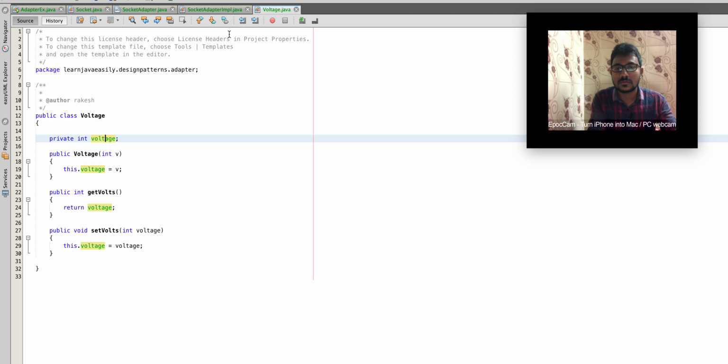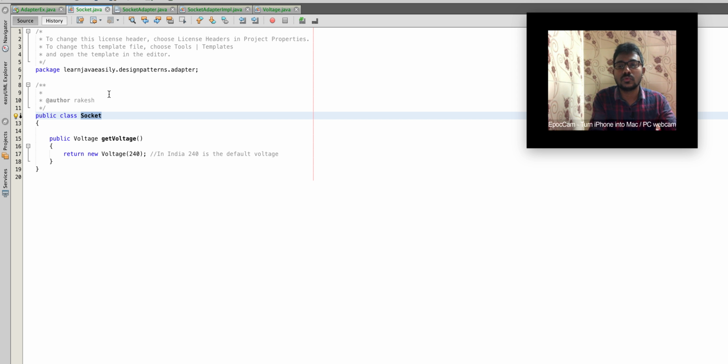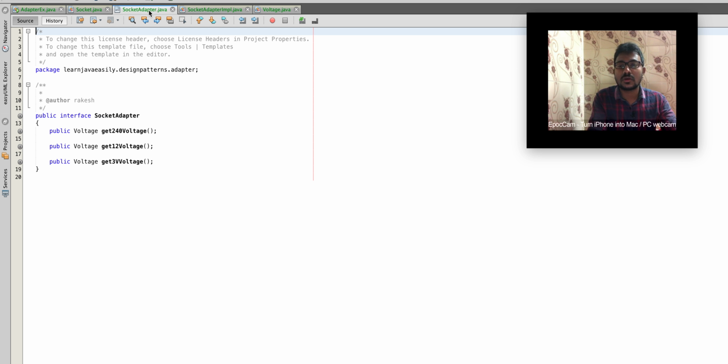In the voltage class, there would be a voltage variable that would hold the voltage, and then the socket class. This would return the actual voltage. In India, the default voltage is 240 voltage. This is the socket adapter interface. This socket adapter interface contains get 240 voltage, get 12 voltage, and get 3 voltage